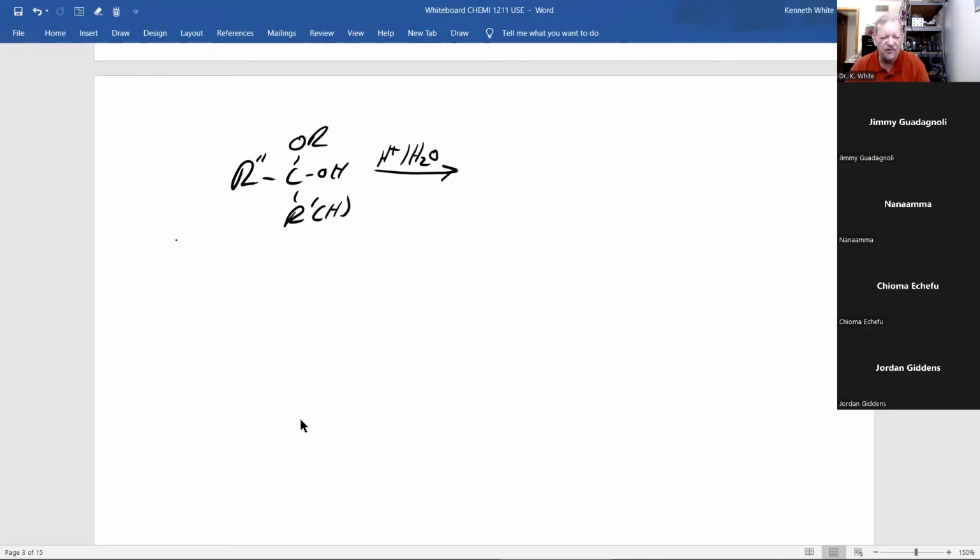Now, if you start with either hemiacetal when R prime is hydrogen, hemiketal when R prime is carbons, reacted with H plus acid and water. Boy, where's my brain going today? And keep your eye on the carbon with both oxygens. That's rare. There's only 2 cases, this and the next one I'll show you, in all of organic chemistry that